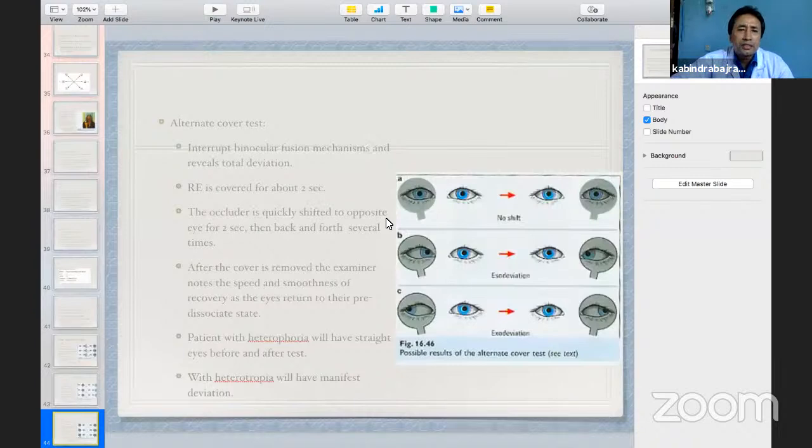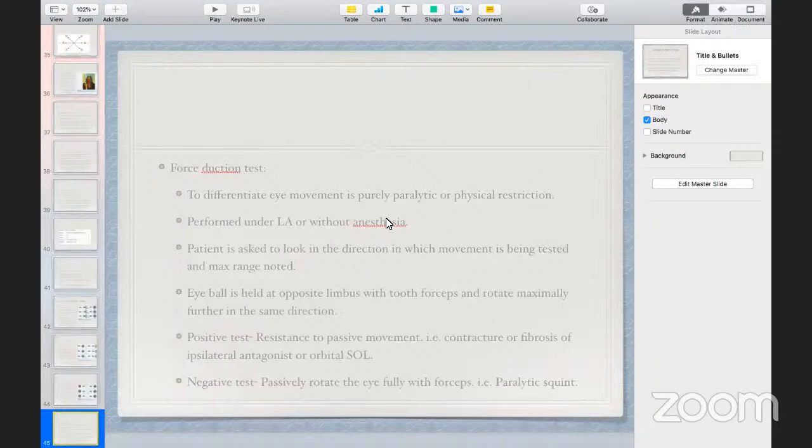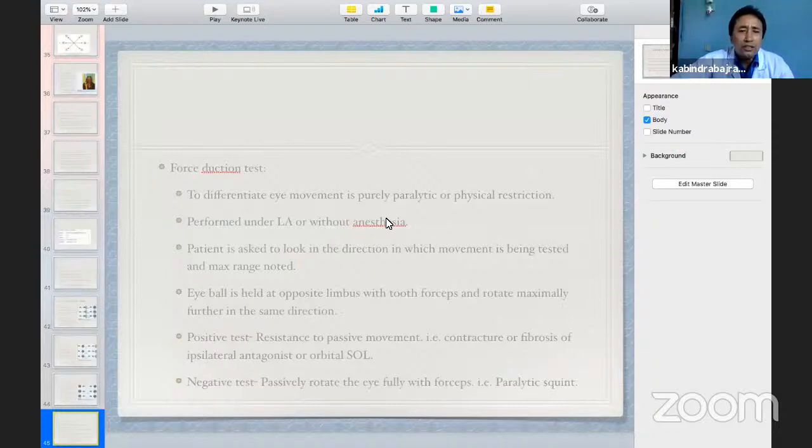Alternate cover test is every 2 seconds covering the right eye and left eye, alternating several times, and the movement is seen, and if there is no movement, heterophoria. If there is movement, manifest squint is differentiated. And other tests are like the forced duction test, which is used to differentiate between paralytic and restrictive type of